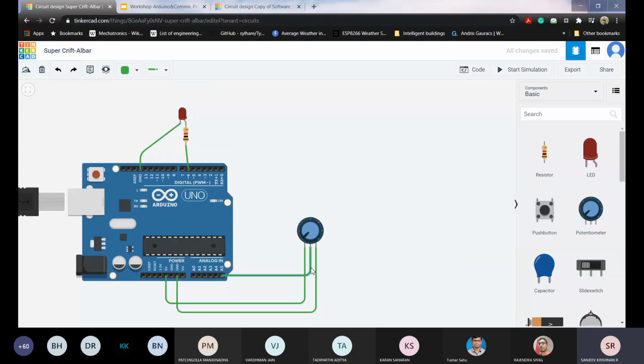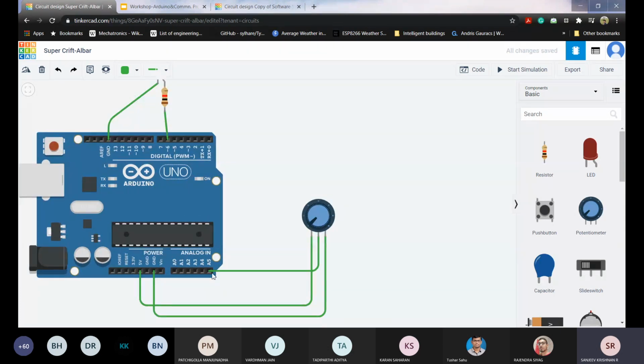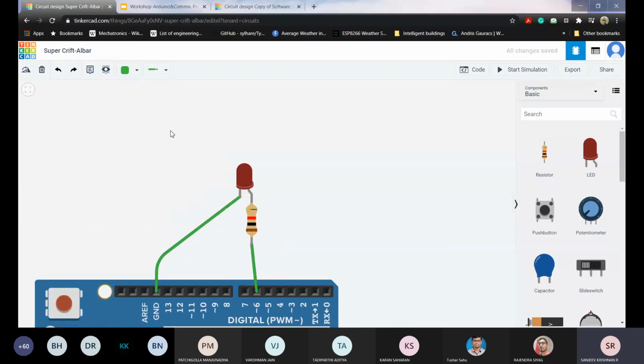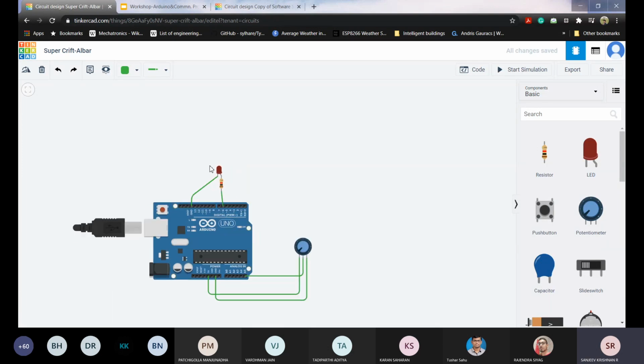And the center part is the output. Whenever you fix some resistance here, it accordingly modifies the voltage and gives out the modified voltage through the center point. That is what we have to read. So we are connecting it to analog input pin number A5 here. On this side, the anode of the LED is connected with high voltage, and the cathode is connected with ground, and this voltage has to be reduced, so I'm using a 1K resistor here. Fine. Okay till now.